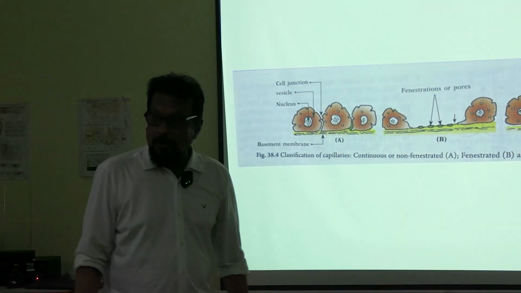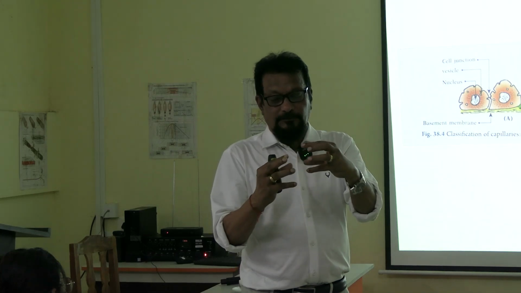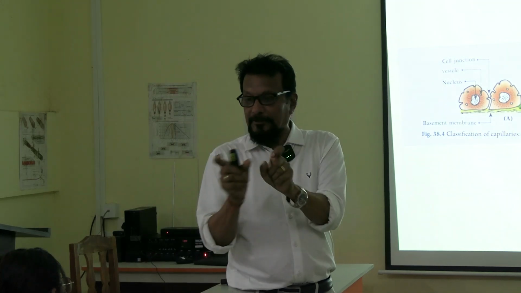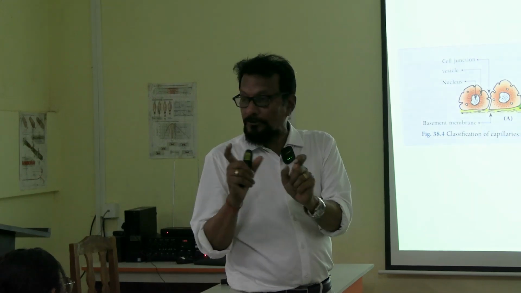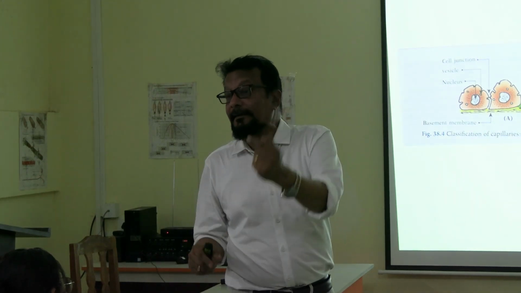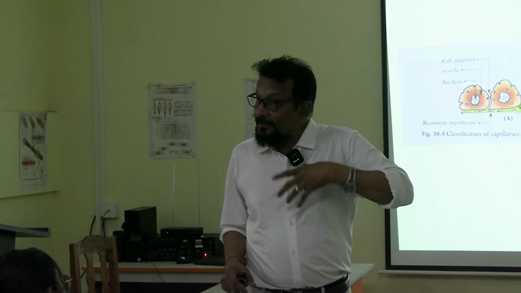And there is another type of capillaries. One endothelial cell is here, another endothelial cell there. In between there is a long gap. And this sort of capillaries we will get in sinusoids. These are actually sinusoids. In the liver,